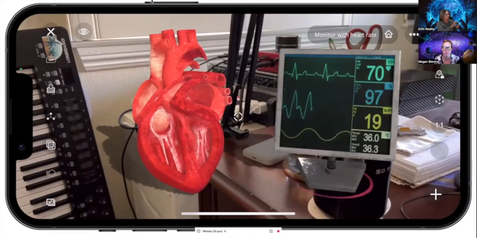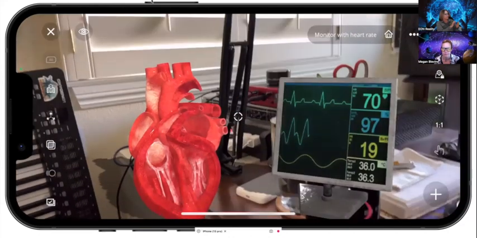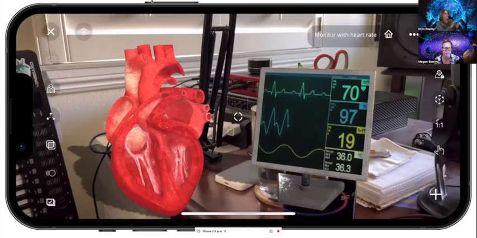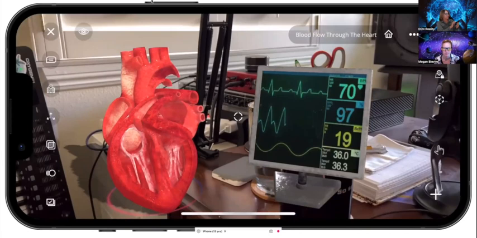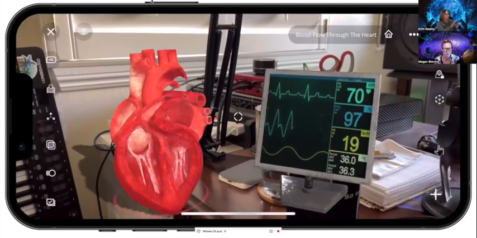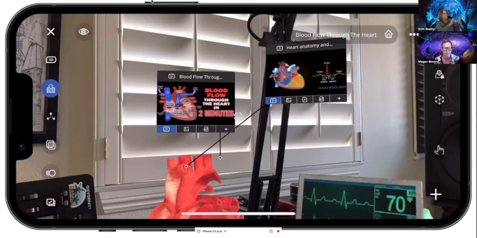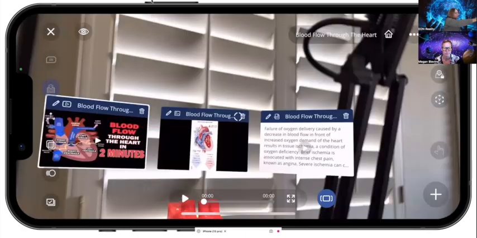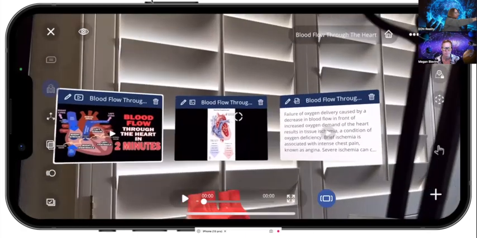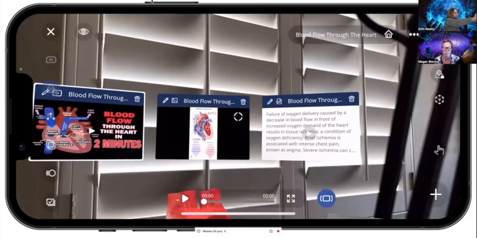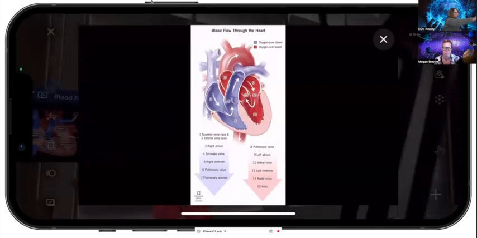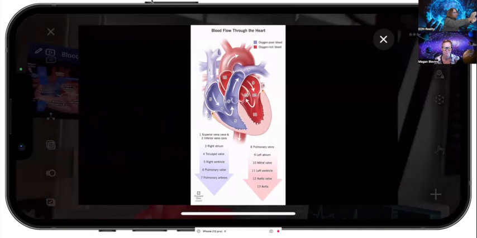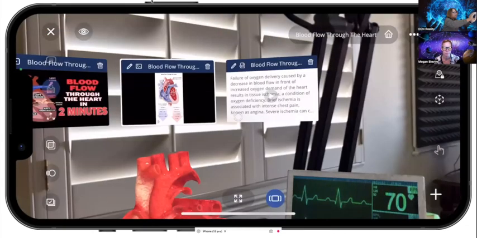And so depending on which object I'm clicking, I can get different information. So here's this monitor with the heart rates, and then I'm going to switch over to blood flow through the heart. Once I switch over to that, it brought up portals, so I can see the portals and make sure they relate to my lesson or change them around. So in this case, I've got blood flow through the heart. I've got the diagram, which I'm going to make full screen here for a second. I have all the various blood flow through the heart, the arterial and venous blood flow, which is perfect, just what I want. And I've got an explanation of